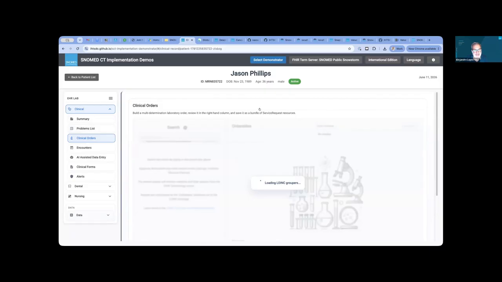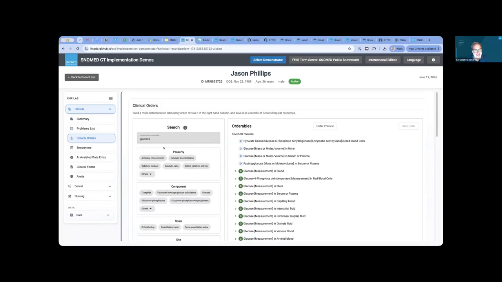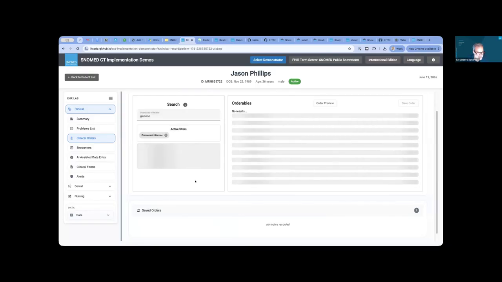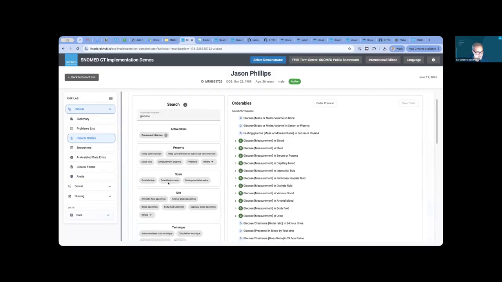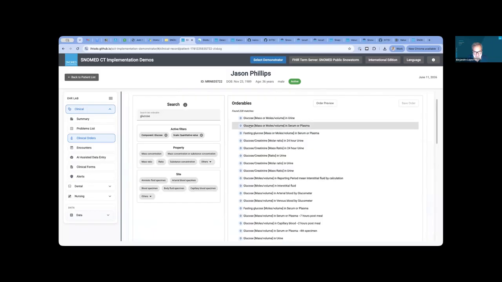If you want to order things like clinical orders, we use this demonstration that is linked to the LOINC content in SNOMED CT. So for example, if I do glucose, I can search for that. For example, this is leveraging SNOMED attributes that come from LOINC parts and properties to say, okay, I only want to see the glucose itself, not other glucose derivations. And maybe I want to see quantitative orders for that. And I say, okay, I will use this one, and I will order this one and this one.